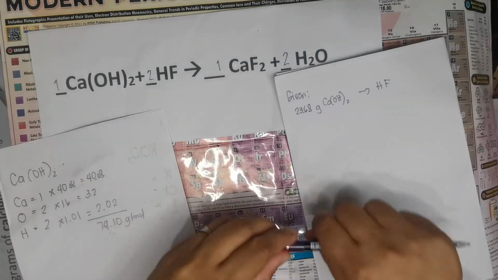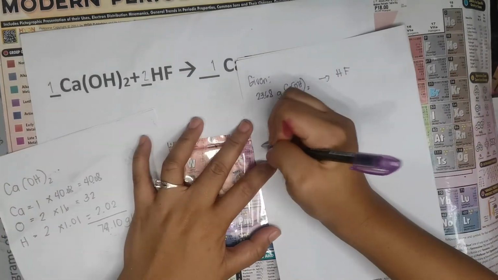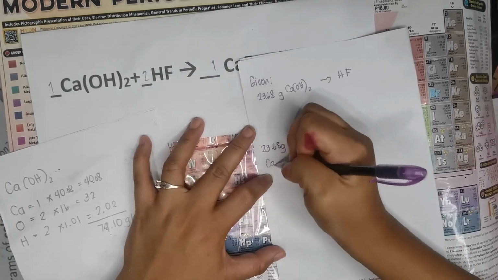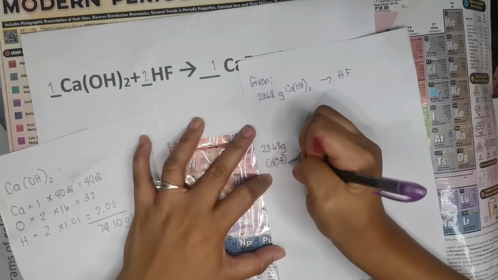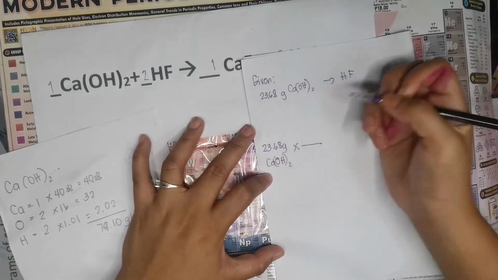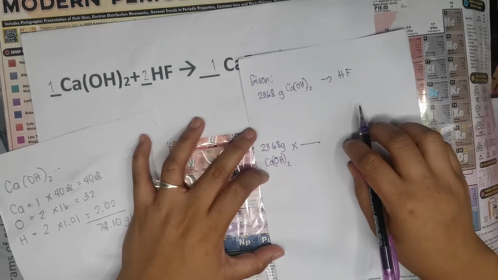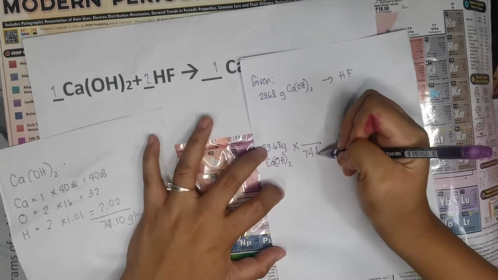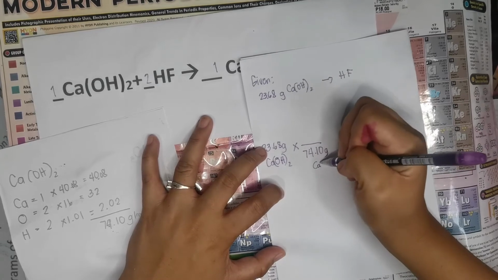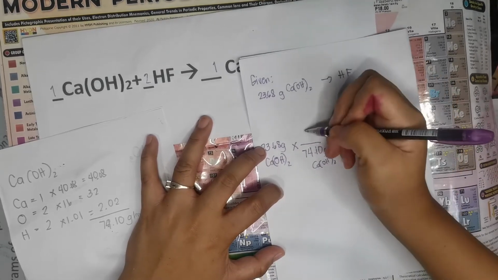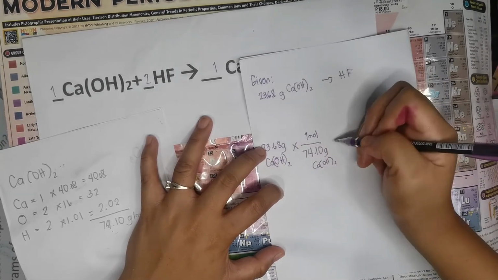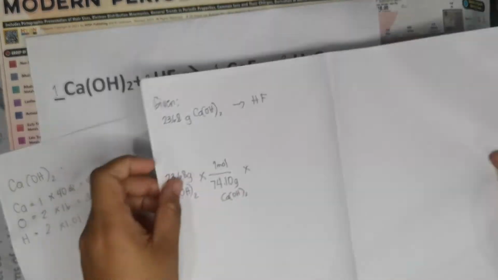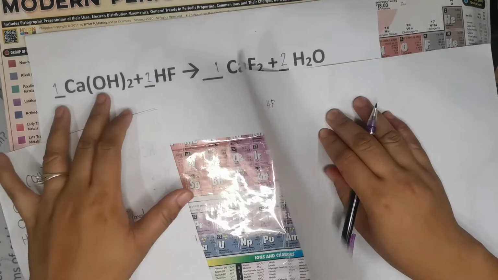So, i-compute na natin. First, write the given, 23.68 grams ni calcium hydroxide. So, ico-convert natin, dahil division, nasa baba yung molecular mass na 74.10 grams ng calcium hydroxide, at sa taas ng in every 1 mole, meron tayong 74.10. Now, after that, na-convert na natin siya papunta